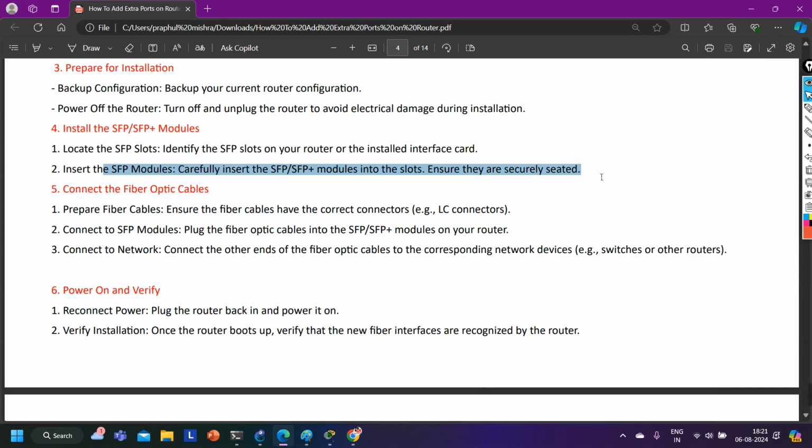So now you have inserted the SFP on your router or maybe on the installed card. Now you are going to connect the fiber cable. Connect one end of the cable to the headquarter router and one end of the cable to the data center. Prepare the fiber cable, ensure the fiber cable has the correct connector, that is the LC connector. Both side connectors should be the same,